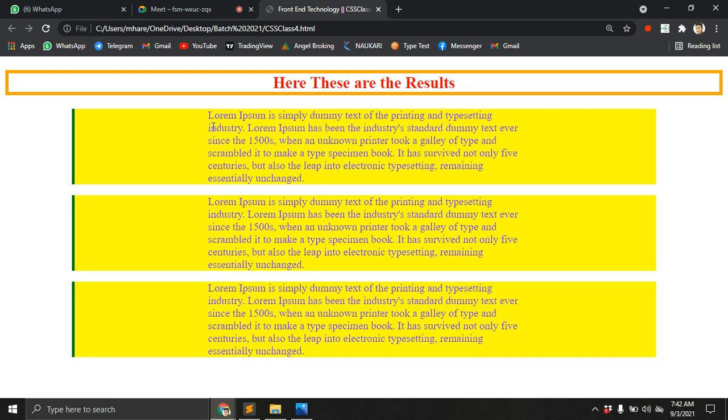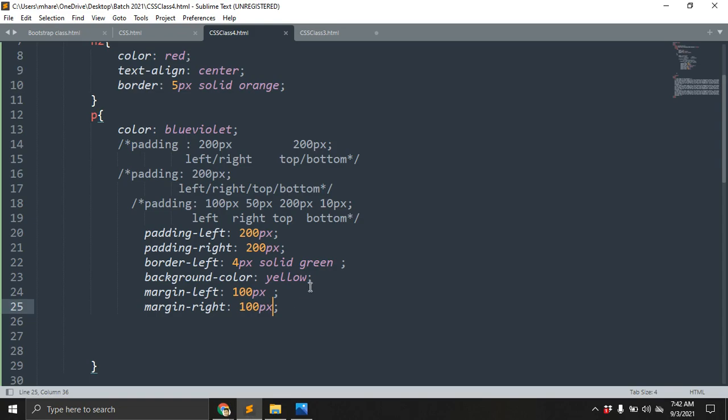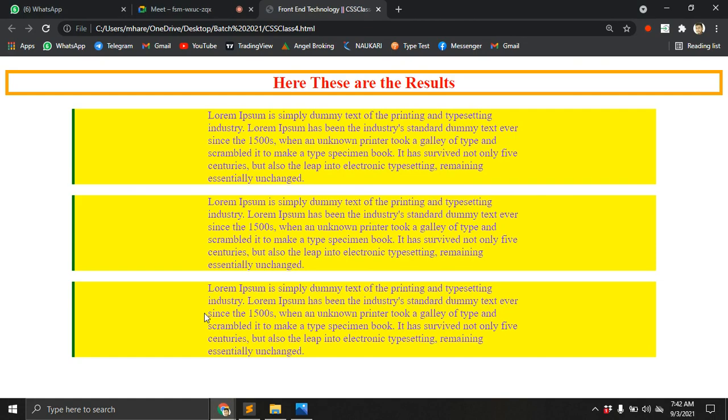There is a color here, so that's why it's showing. But if I remove the color, it will look like padding only. Let me do this with the color. Control question mark. Let's save, open the browser. You can see I'm giving the border only. Remove the border only. Let's save.